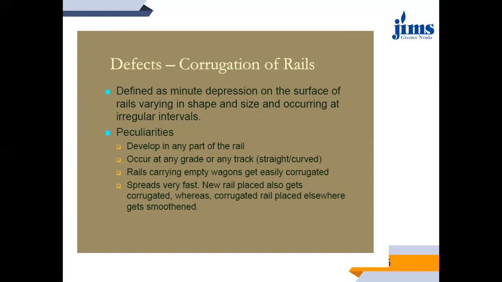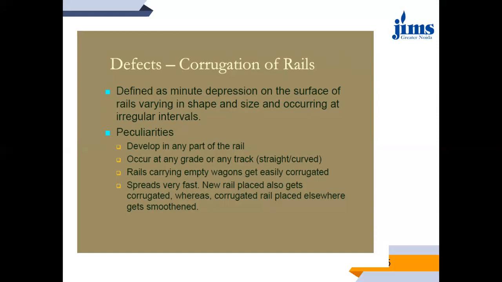Now, in line with the defects of the rail, the next type of defect is corrugation of the rail. Now this corrugation of the rails is different from the wearing of the rail. How? This wearing of the rails included a certain portion of surface deterioration. Basically, if we put it in short, the wearing of the rails can be termed as what? Surface deterioration of the rail section.